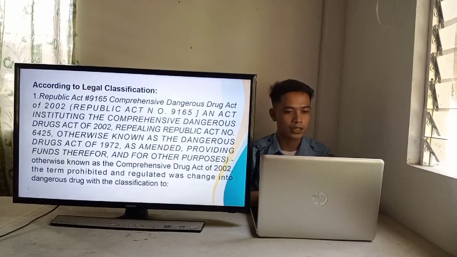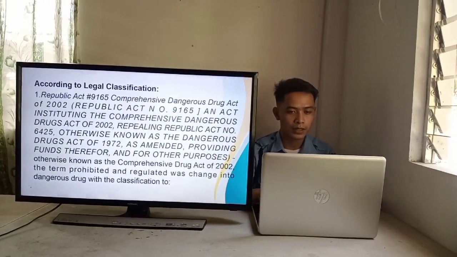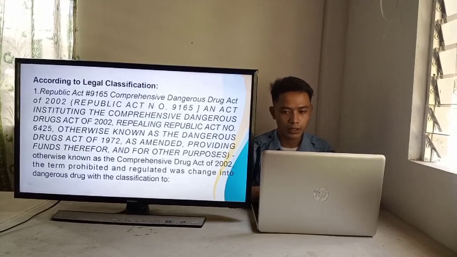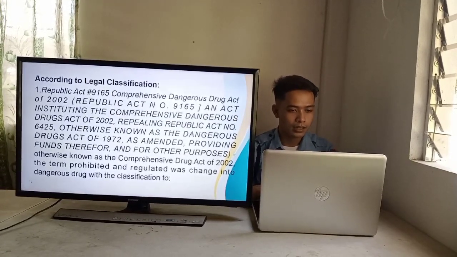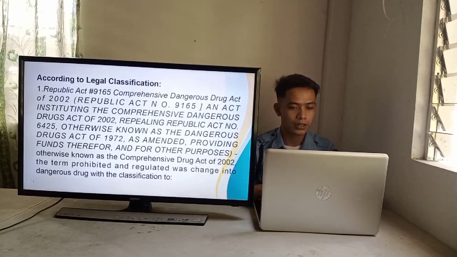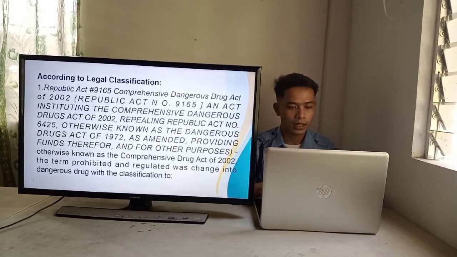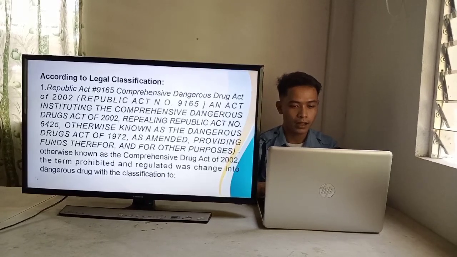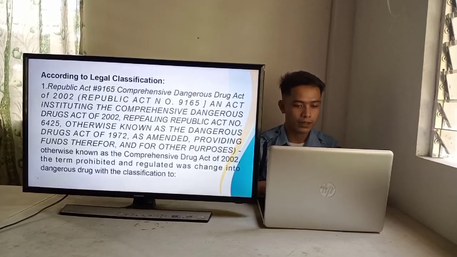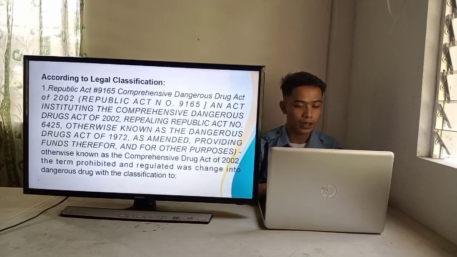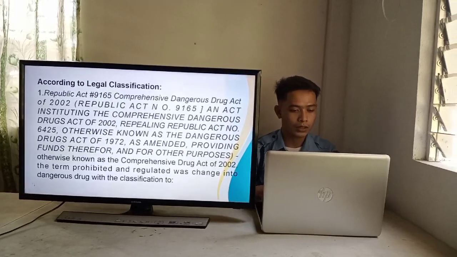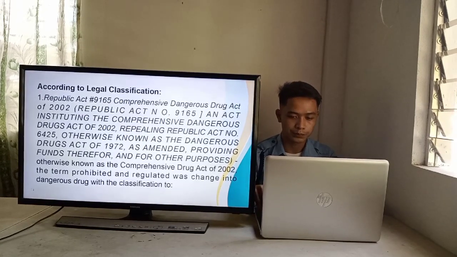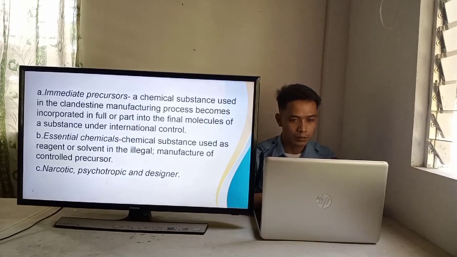So according to legal classifications, Republic Act 9165, the Comprehensive Dangerous Drugs Act of 2002, is an act instituting the Comprehensive Dangerous Drugs Act of 2002, repealing Republic Act number 6425, otherwise known as the Dangerous Drugs Act of 1972, as amended, providing funds therefor and for other purposes. Under the Comprehensive Dangerous Drugs Act of 2002, the term prohibited and regulated was changed into dangerous drug, with the classification: